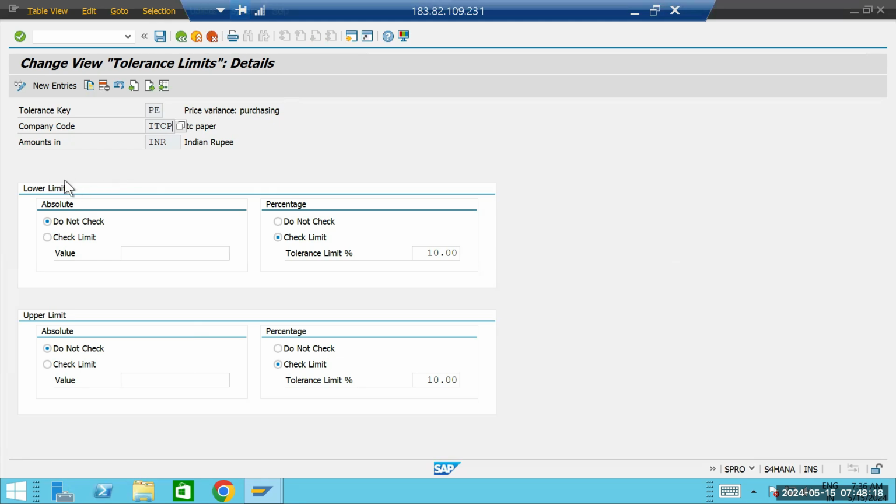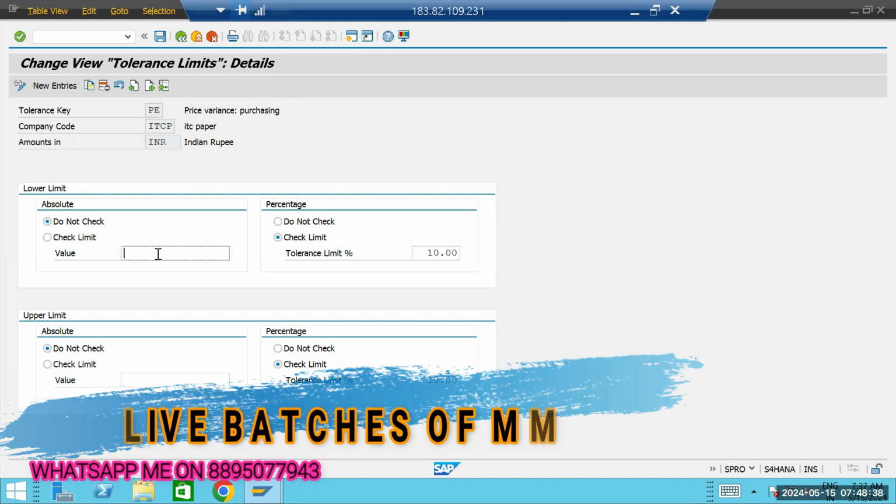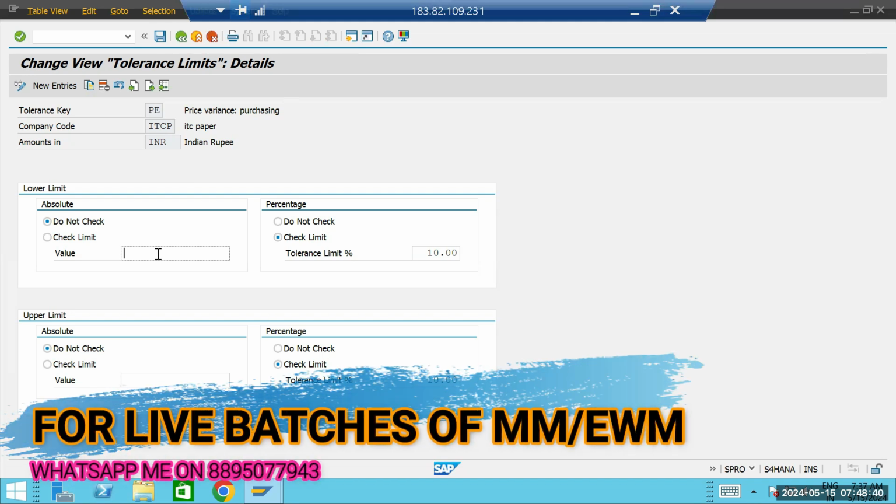Okay. So now let's come to this absolute limit and percentage limit. Now, if you are selecting the absolute limit, here you are maintaining the check limit, and here you are maintaining, let's say, a sum of the value, let's say 10 or 20 rupees. Based on this, it will compare the absolute price with the material price, and it will give you an error or warning. But in most cases, what will happen, let's say,